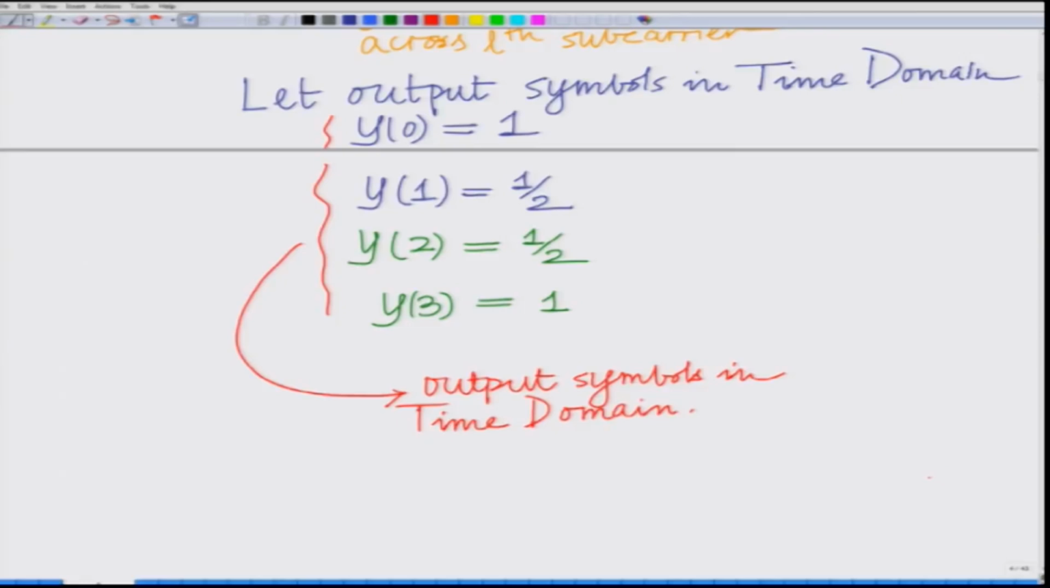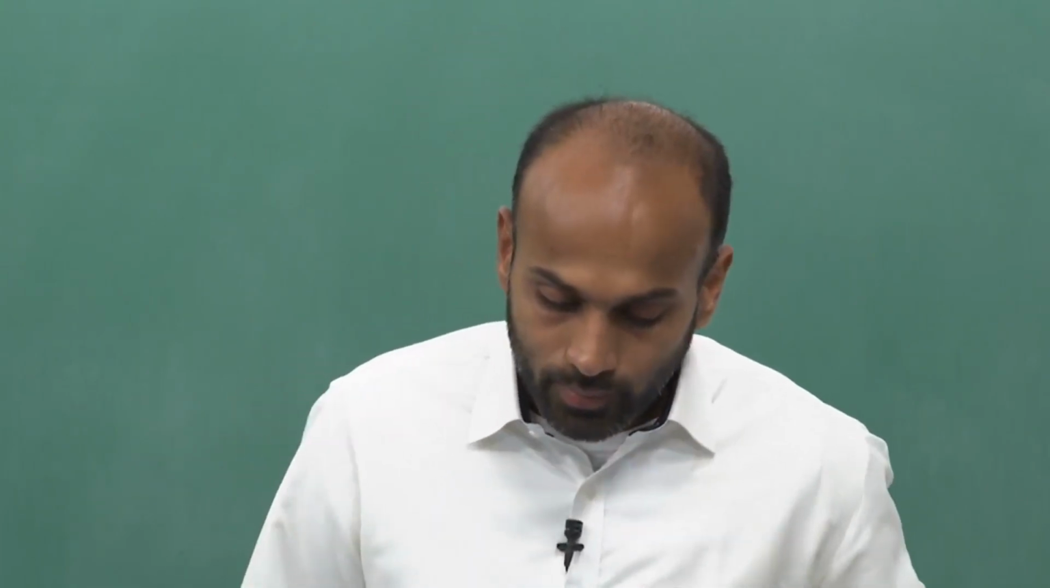These are the output symbols in the time domain. Okay, these are the small y's. Now, to calculate the corresponding outputs in the frequency domain, remember we have to take the FFT of these time domain symbols. So, the capital Y's are given by the FFT of the small y's,